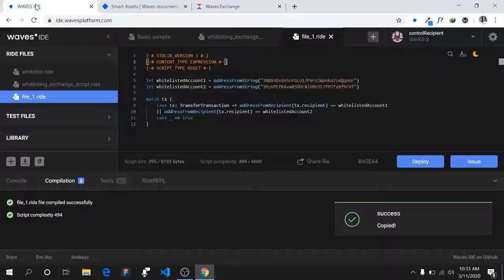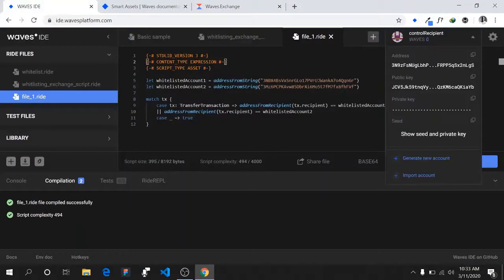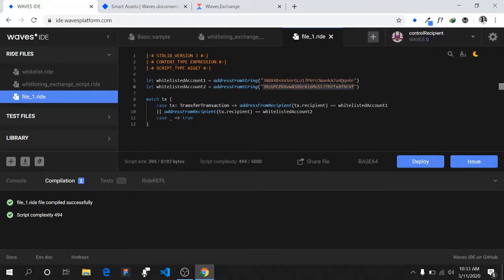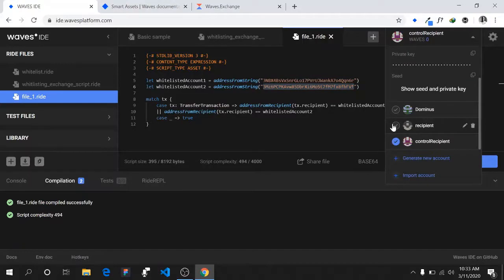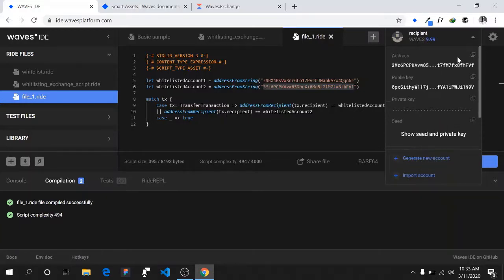But what if I copy this address, this account 2, which is this address over here. Recall we created this address. If you want to know how to create a new address, just click on generate new account and it generates it for you. Very easy, very developer friendly. So if I click on this now